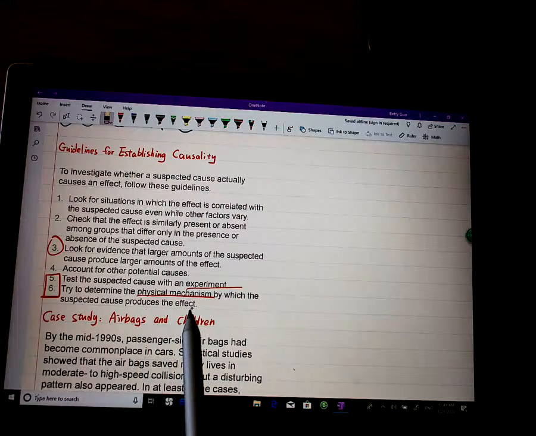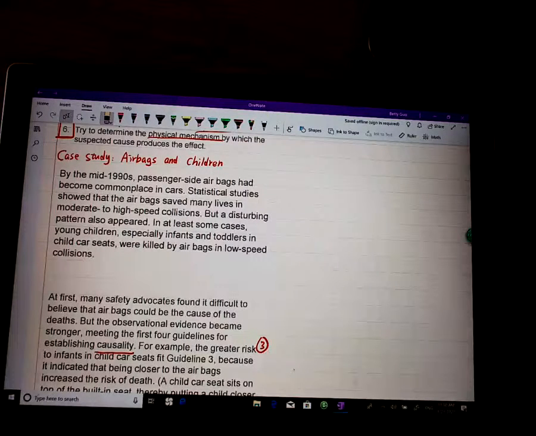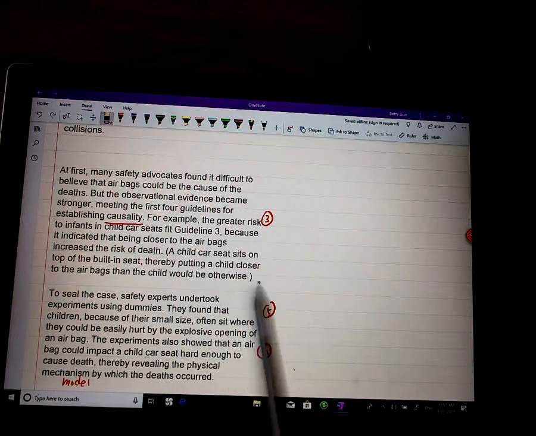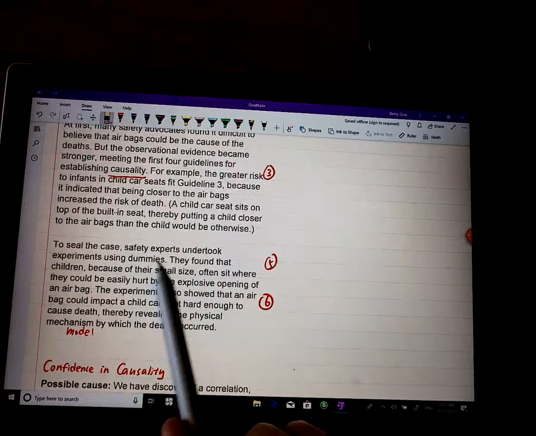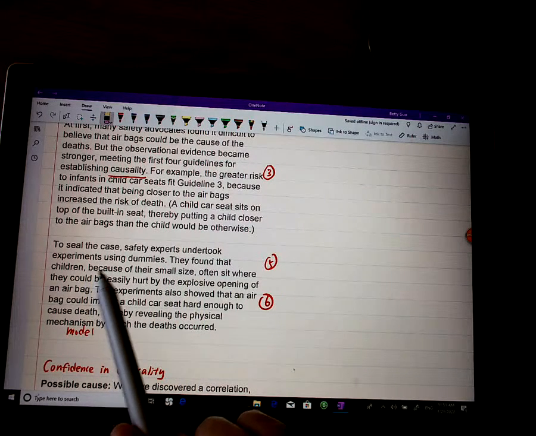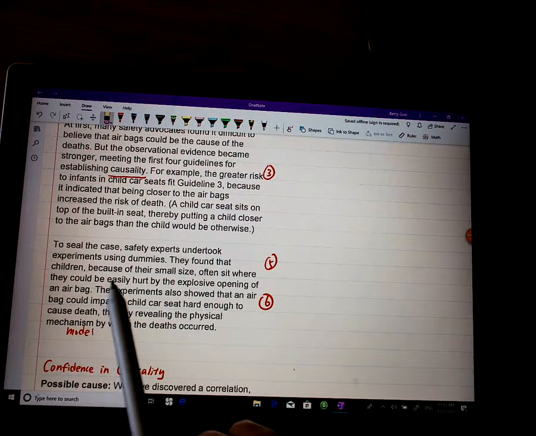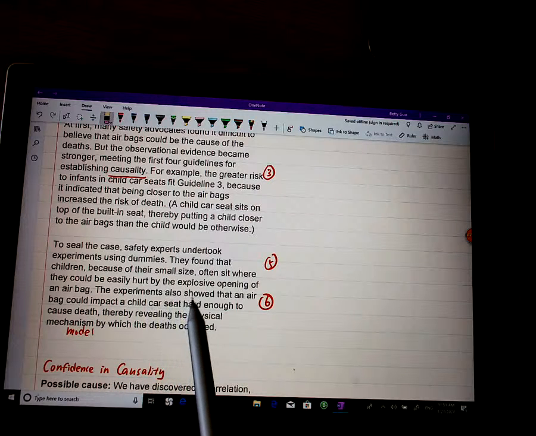Determine the physical mechanism by which the suspected cause in the case study relates to high speed, thereby putting a child closer to the airbags than the child would be otherwise. To seal the case, safety experts undertook experiments using dummies, fake people. They found that children, because of their small size, often sit where they could be easily hurt by the explosive